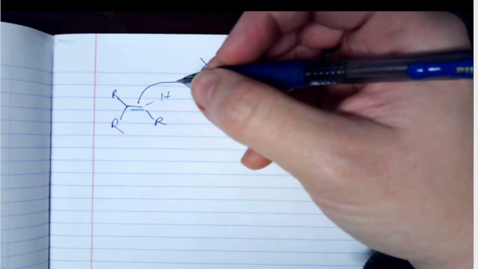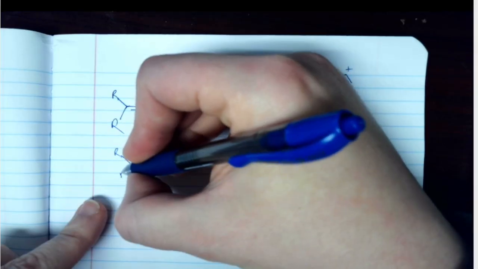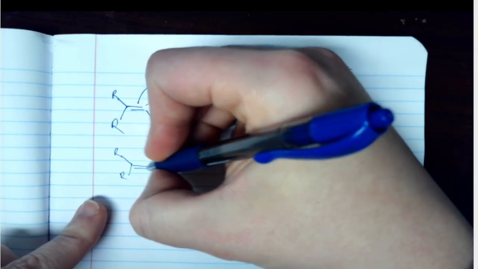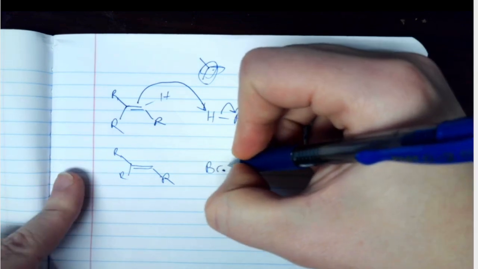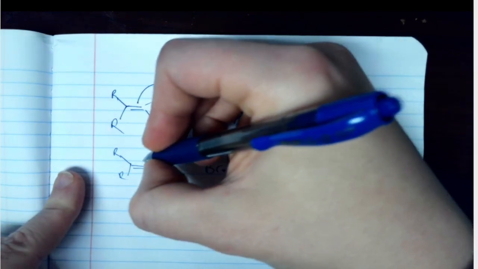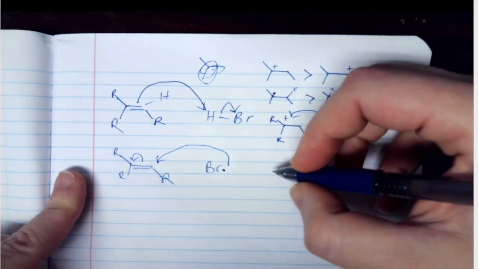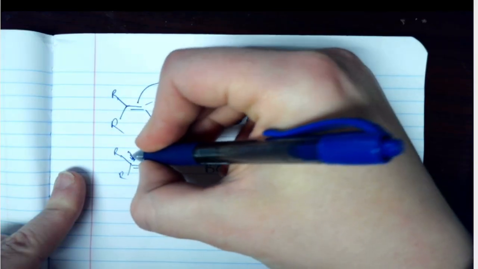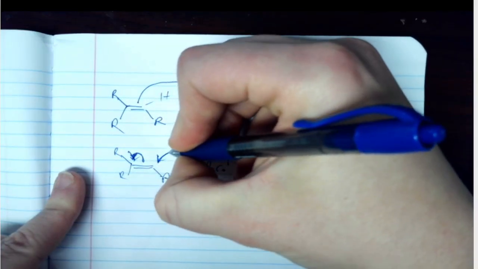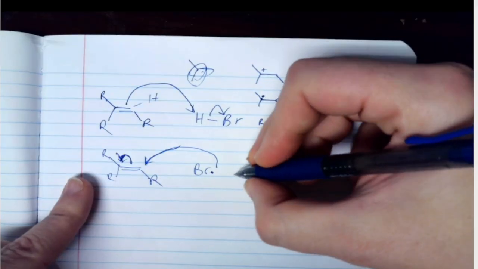But when we split it with light, we create a Br radical, which is going to add here. Sorry, single arrow. Going to add here to form